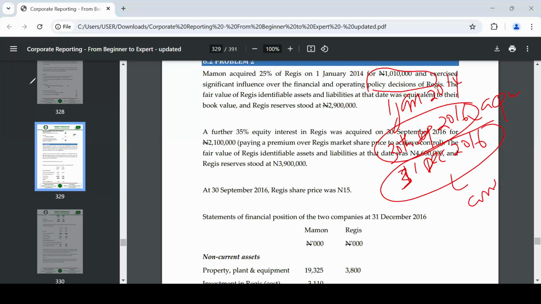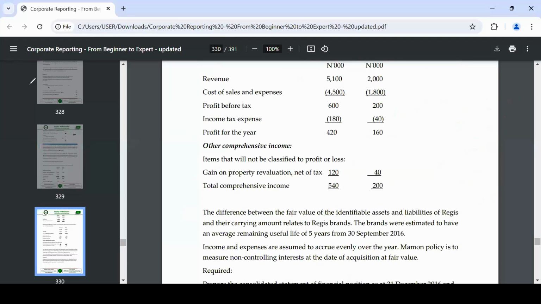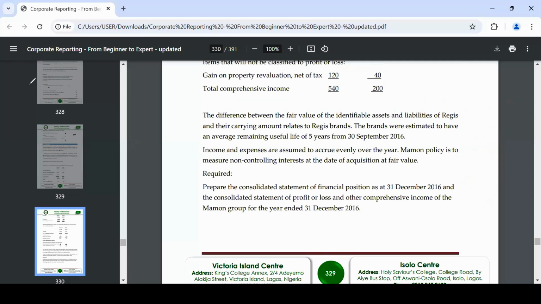If I am paying anything additional above that, it means that we have had a reassessment of the assets and liabilities of Regis, and then we came to a conclusion that we need to make a fair value adjustment. Now, what that fair value adjustment is, is what they have just mentioned to you in a nutshell. Immediately I see this, my mind should go to that one they told me. This is why we had to pay extra. Is this clear? The reason we have to pay extra is we were paying for Regis's brand.